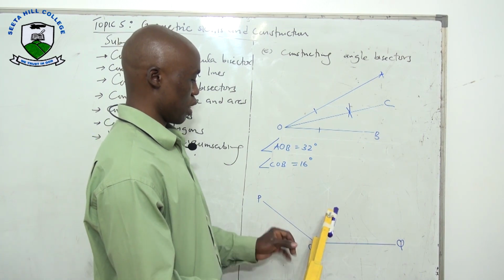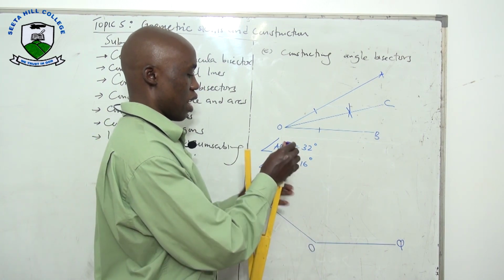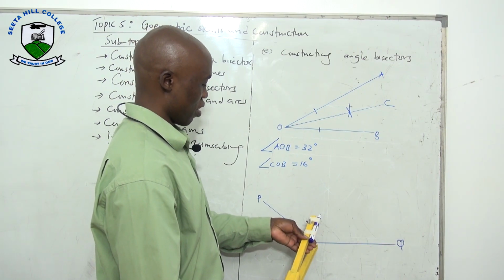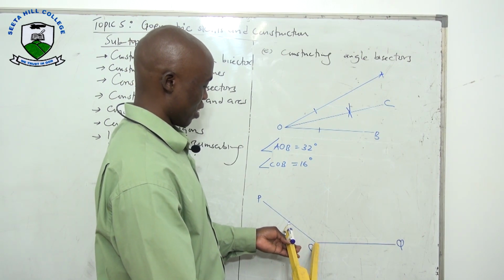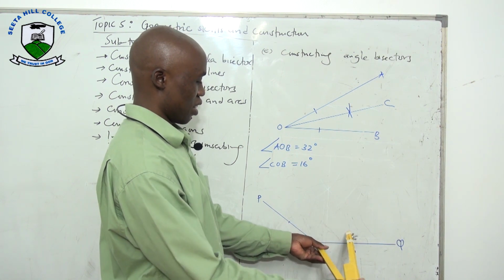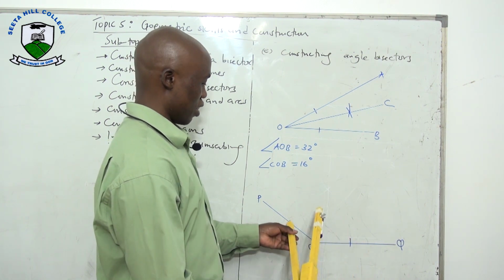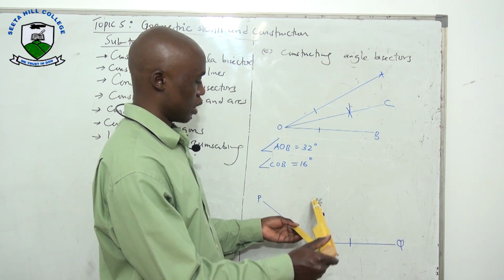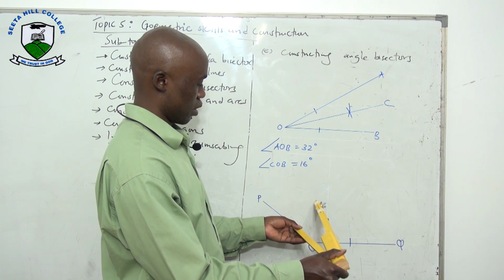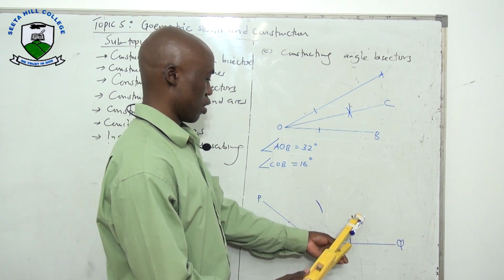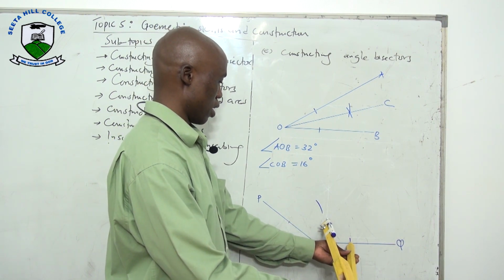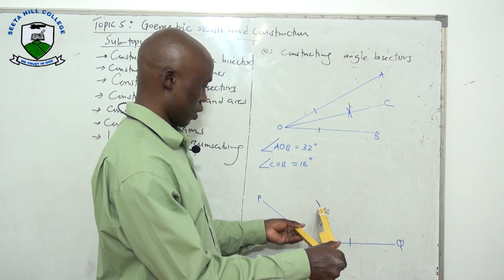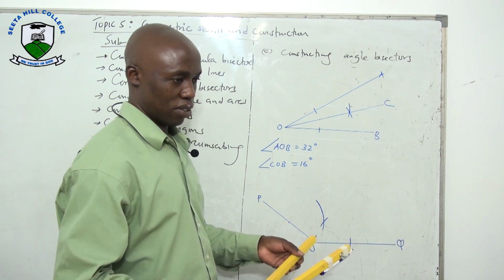That means you'll use here, and what do you do? You create arcs on this line, this one and this one also. Then you stand here. You can either extend the radius or leave it. Not so? Me I will require it, but it's good to extend to avoid it being very, very close. Okay, then